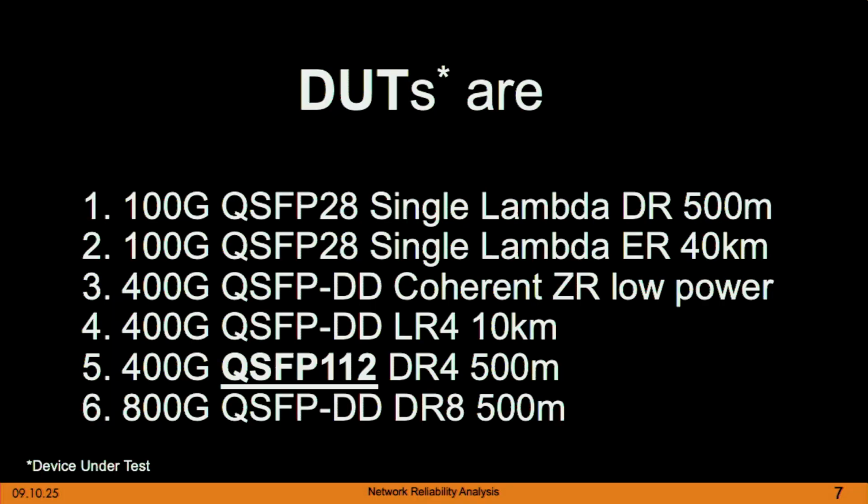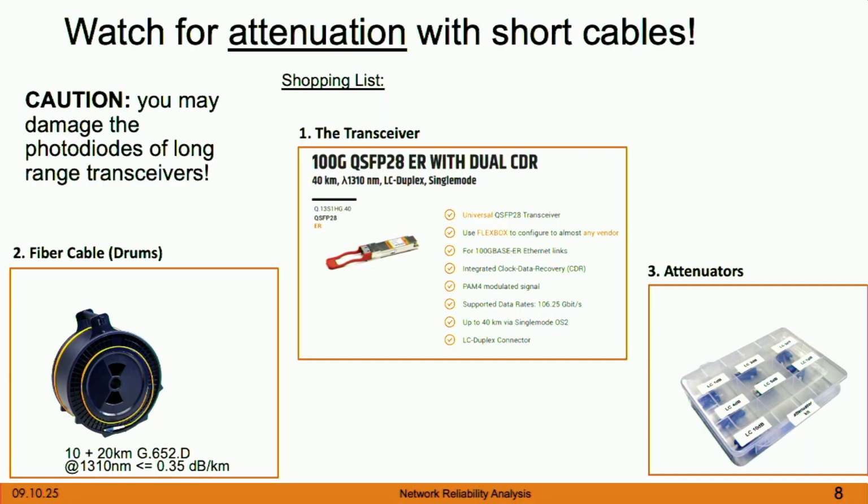These are the transceivers I tested. So 100G, 400G, 800G, 1.6T, we are about to get it. I will test this as well, but it didn't make it into the presentation. But these transceivers are capable of reading out a lot of data from the EEPROM, from the memory, in order to measure bit error rate